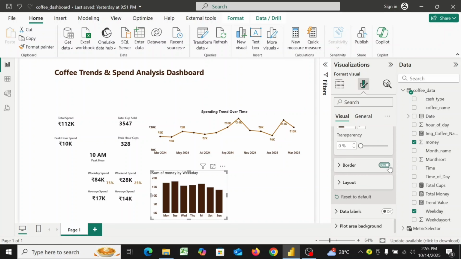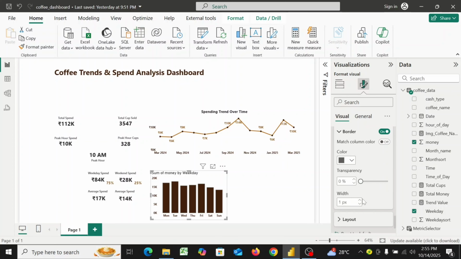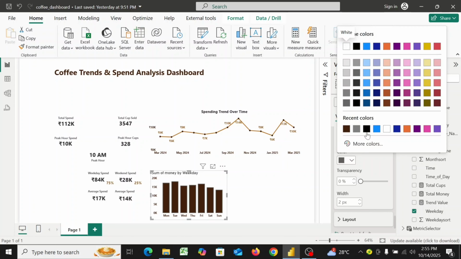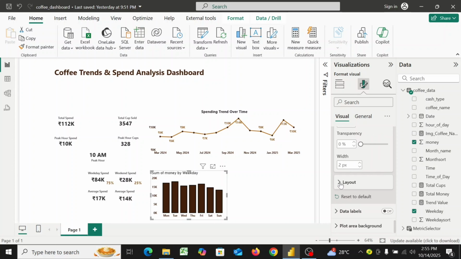turn on the borders, go to the borders, change the width into 2px, change the color into black, go to the layout, change the space between the category into 60%,